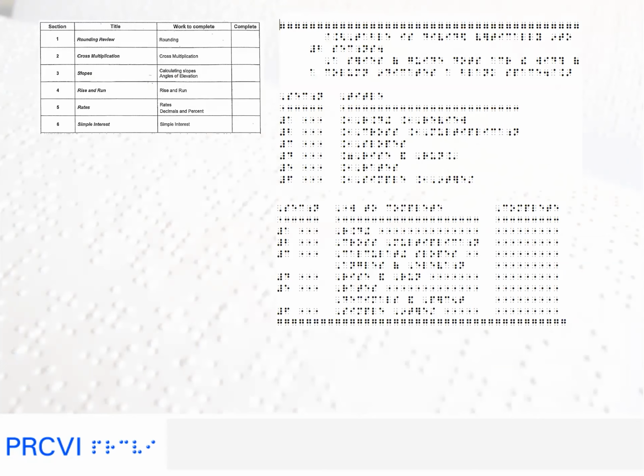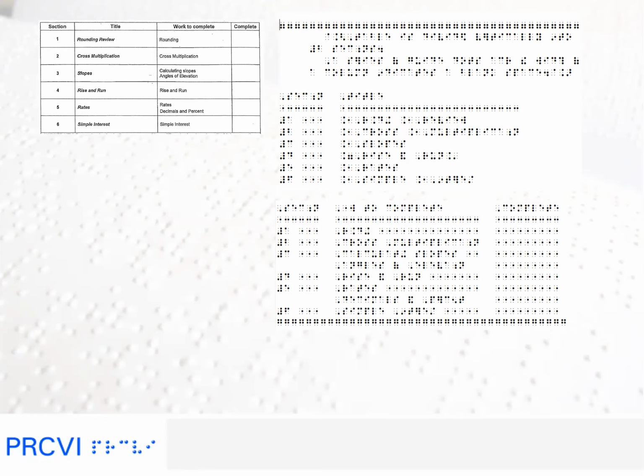When a print table is too wide to fit on a Braille page, it can be divided vertically into sections, as done in this table. We need to add a transcriber's note that says, table is divided vertically into sections. For this table, create two columnar tables. First table will have column heading section and column heading title and entries under them.